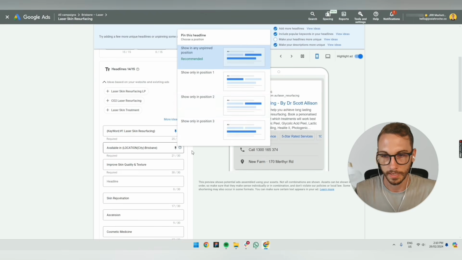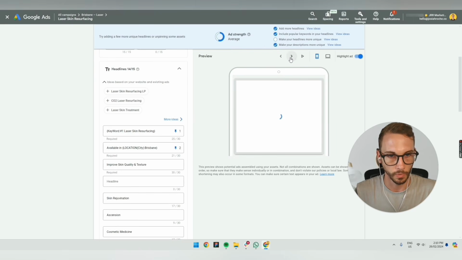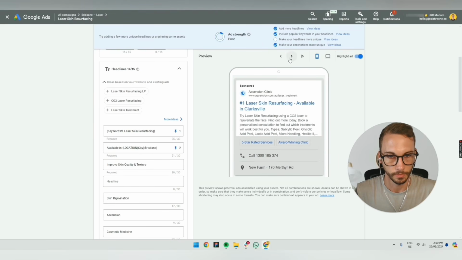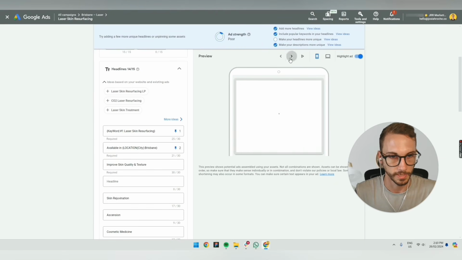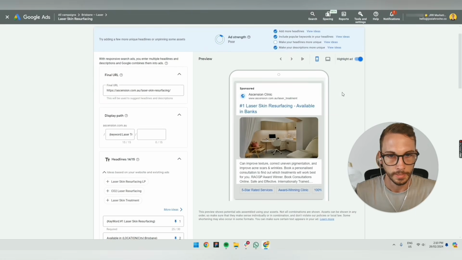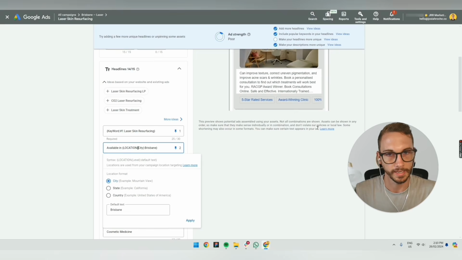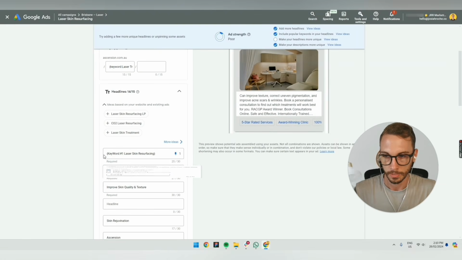Okay, and we might do that as a position 2, so that when we go through this, it's going to update automatically: available in Clarksville, available in, well, it's just saying Clarksville, in Bankstown or whatever. So it's going to automatically do that. But you might say award-winning clinic in, blah, blah, blah. So you might say that, award-winning,